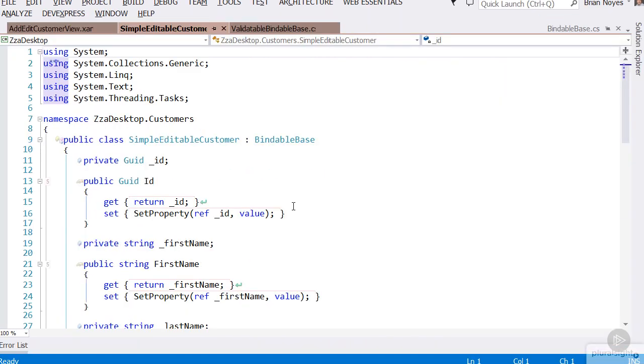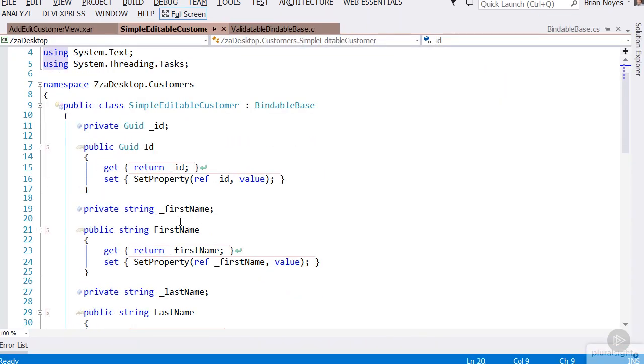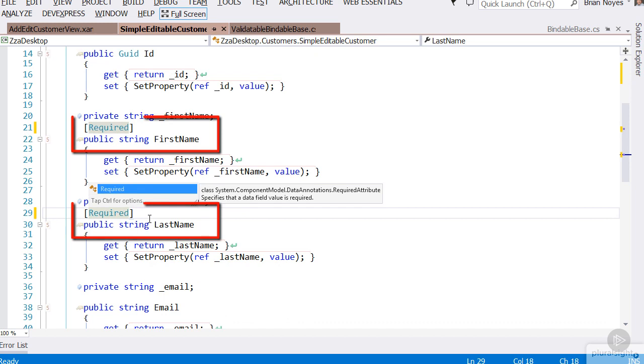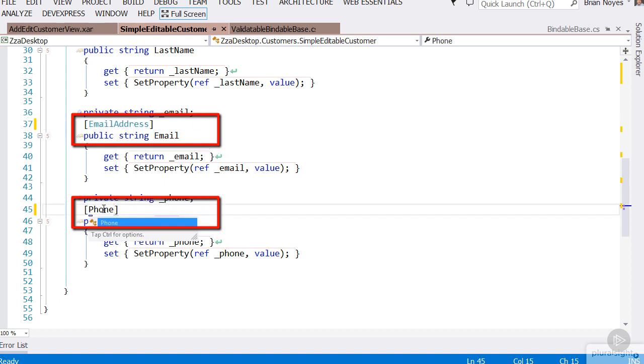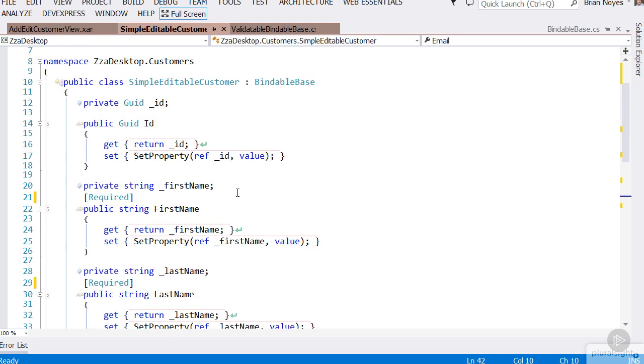So we're going to go to our simple editable customer and add some data annotation attributes. We'll make the first name and last name required, and we'll use the built-in email and phone attributes to validate those. Now we just need to make the base class for this validatable bindable base instead of bindable base. And with that, we can run,